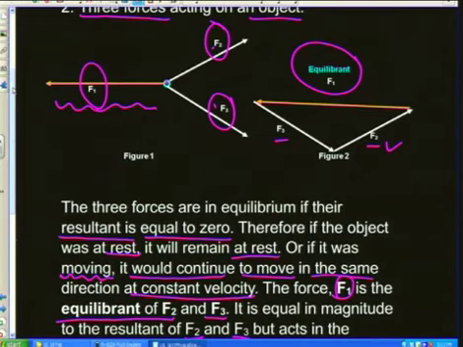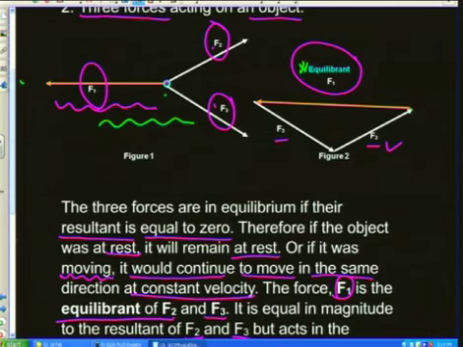When we say you are arranging these forces tail to head, quickly have a look at this diagram here. You would see at the beginning, this is the force diagram that you are having. You would then have to arrange F2 and F3 in such a way that F2 begins by the head of F3, or F3 begins by the head of F2, whichever way, as long as they are tail to head. Once you do that, the tail to head from the head of the last one to the tail of the first one gives you the equilibrium.